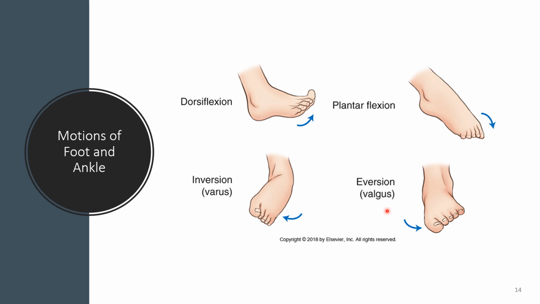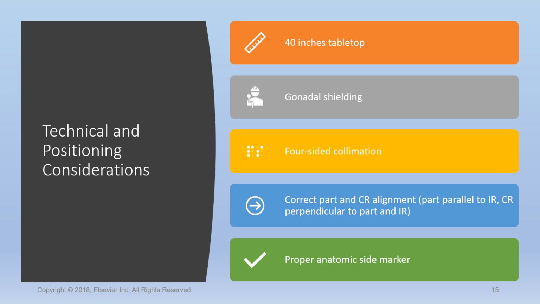So think about when a patient accidentally steps in a hole in the grass and then they fall sideways. A lot of times that would be when their foot stays planted and they fall like that. It's a forced eversion or inversion, depending on which way they fell. That's typically what happens. When we look at some of the technical and positioning considerations on 224, most